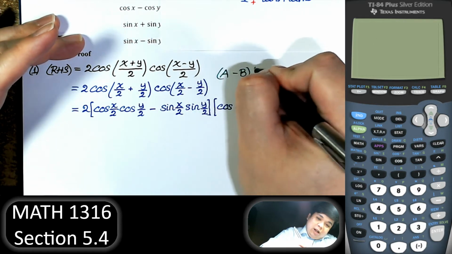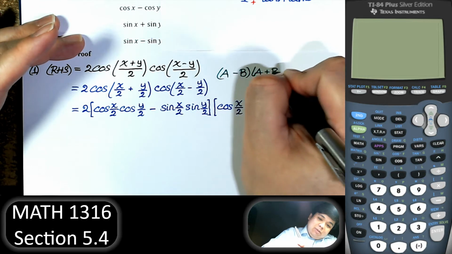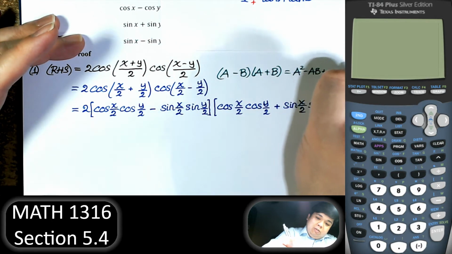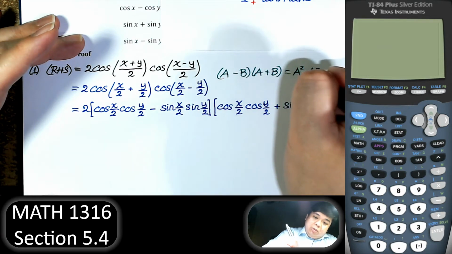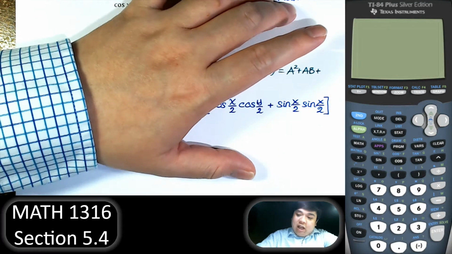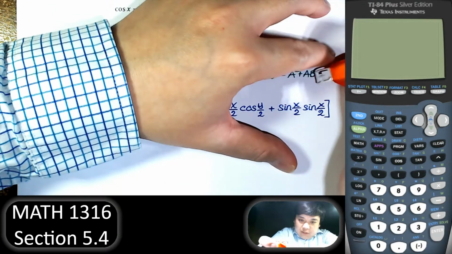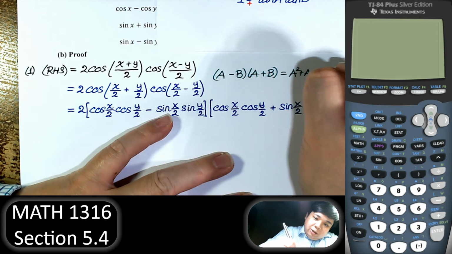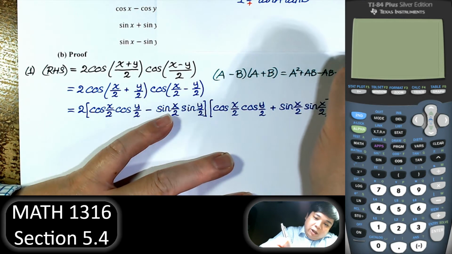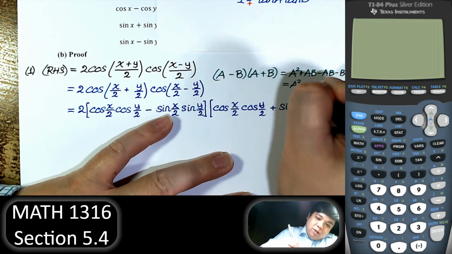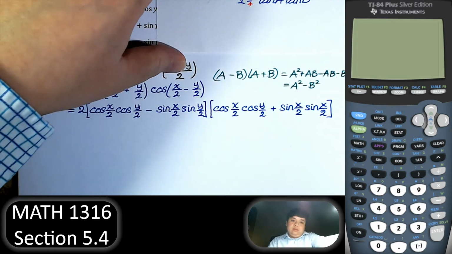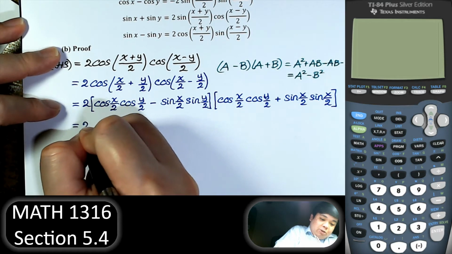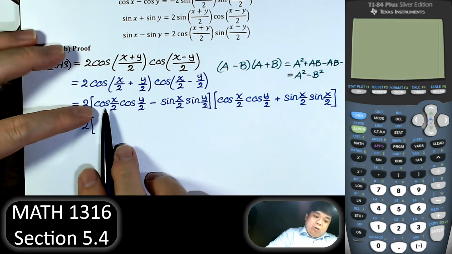When we multiply this, a minus b times a plus b, a square plus ab first, and minus ab, minus b square. So that's just equal to a square minus b square, right? So do that to save some space. We have 2, and we have cosine square